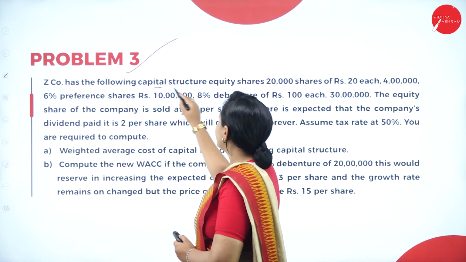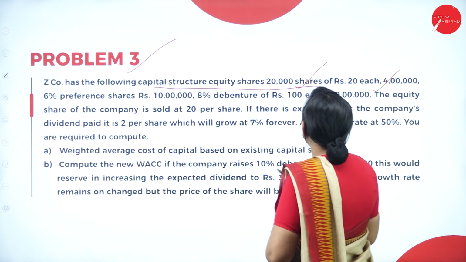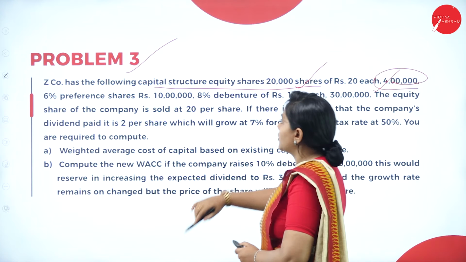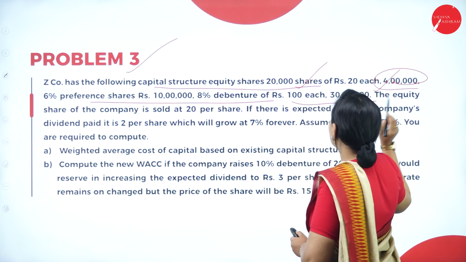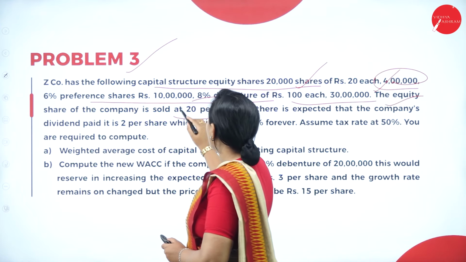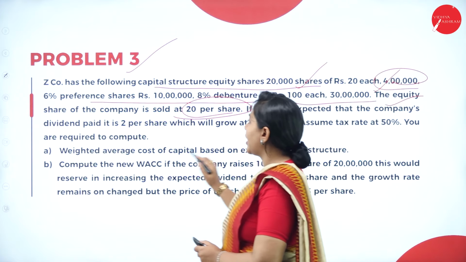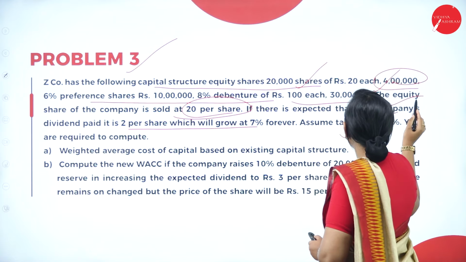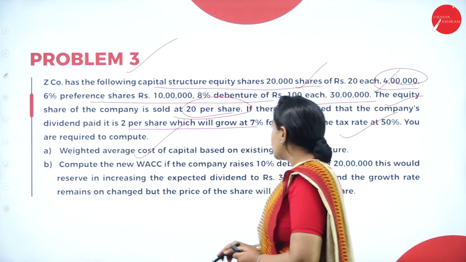Z company has the following capital structure: equity share, 20,000 shares of rupees 20 each. It is how much? 4 lakh. 6% preference shares of 10 lakh. 8% debentures of rupees 100 each, 30 lakh. The equity share of the company sold at 20 per share. If the expected dividend rate is 2 per share, which will grow at 7% forever. Assume the tax rate 50%. You all need to calculate the weighted average cost of capital